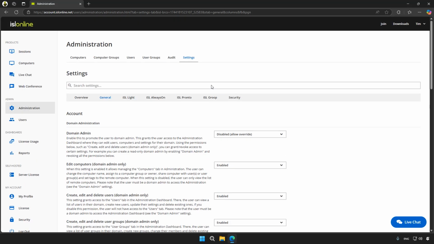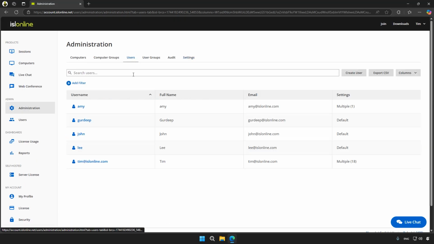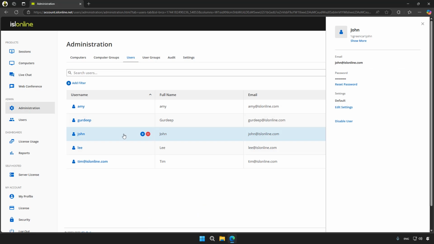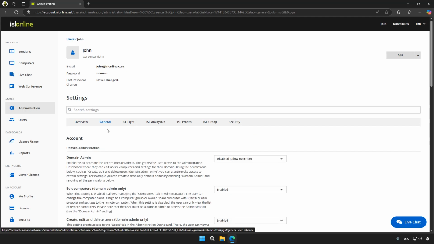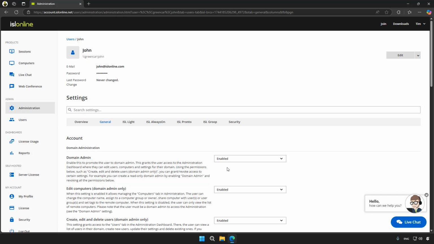However, in most cases, the better approach would be to head back to the Users tab. Click anywhere within the row of a user in particular, and click Edit Settings. From there, we have a very similar interface as we do in the Domain Settings Administration tab, but it only applies to this particular user. In the General tab of the user we've selected, we can then opt to set them as Domain Admin, someone who can help us deal with our administrative workload.